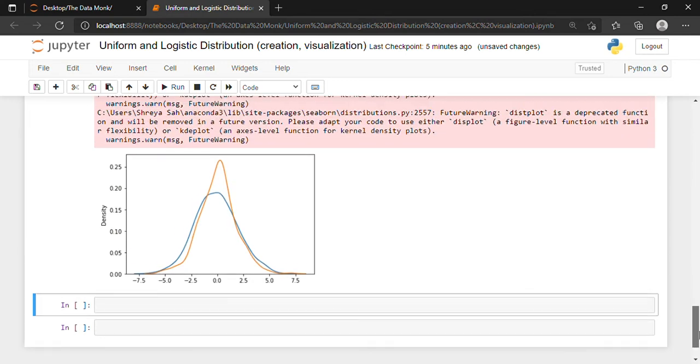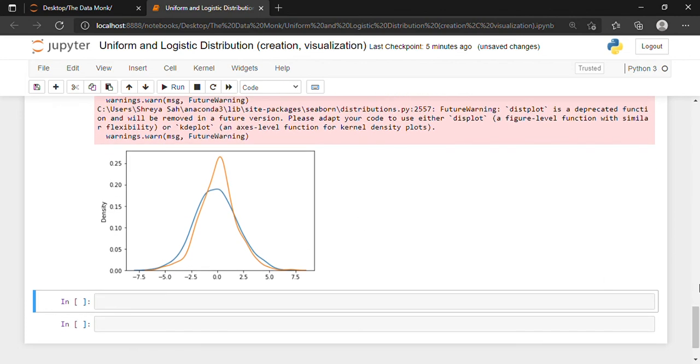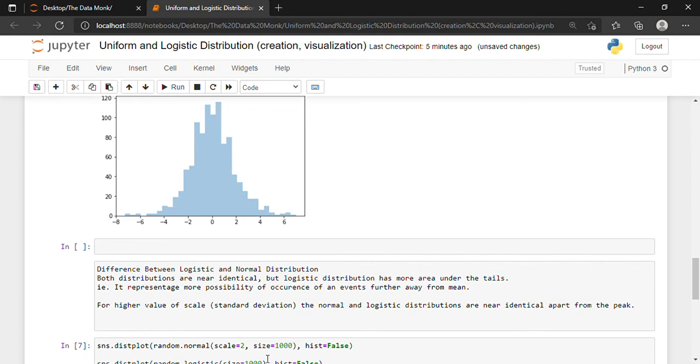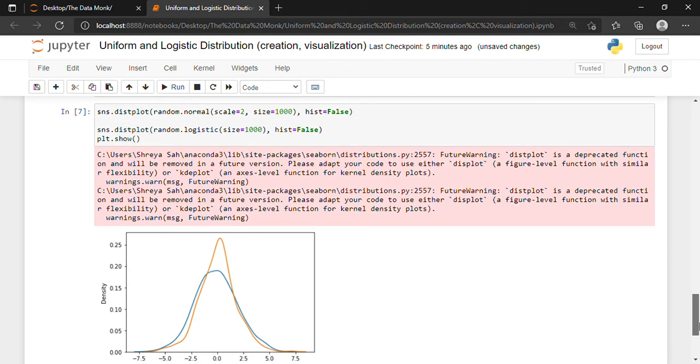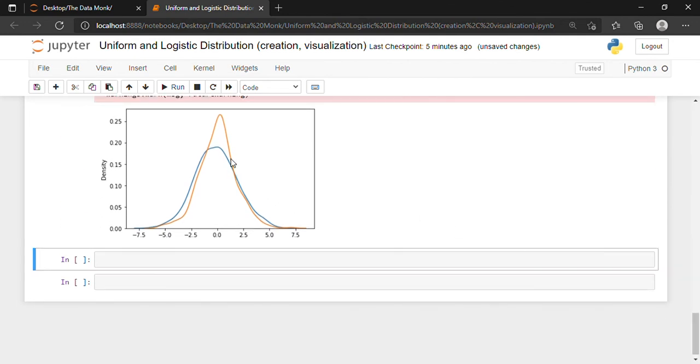As you can see, our orange one is the logistic and the blue one is the normal distribution curve. What did we see in this line? For higher values of standard deviation, the normal and logistic are nearly identical apart from the peak. In the diagram also we can see that the peak is not similar, it is very much visible, but otherwise the two distributions look almost similar.